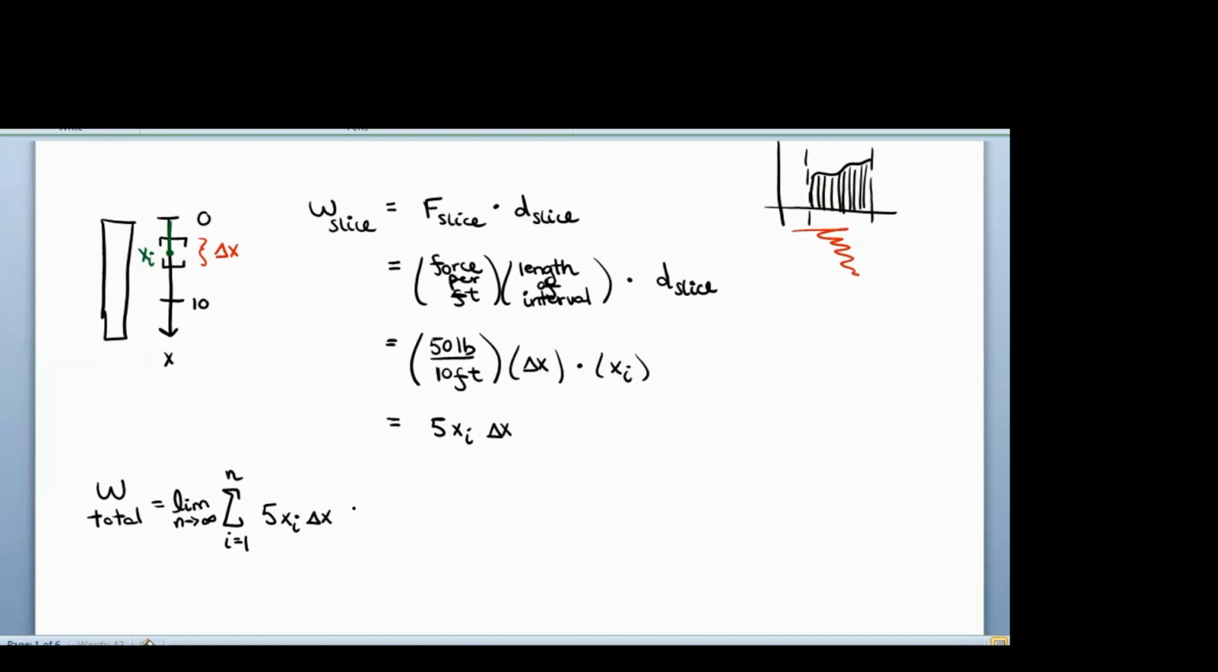But this is just the definition of our Riemann integral. And so we're going to integrate 5x dx, and we need to integrate from 0 to 10, the full length of my rope. So we have 5x squared over 2 from 0 to 10. So we should just get 5 halves times 100,